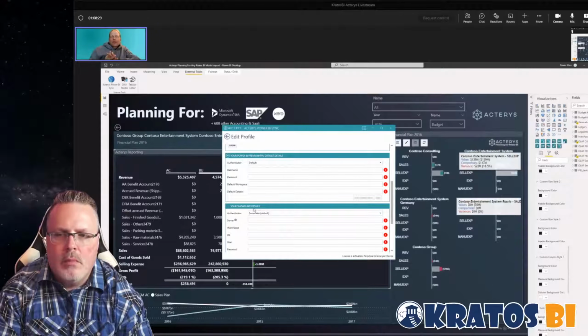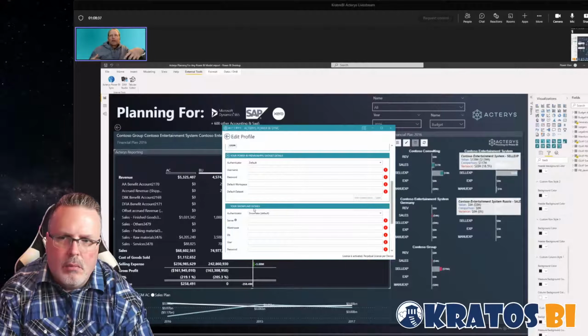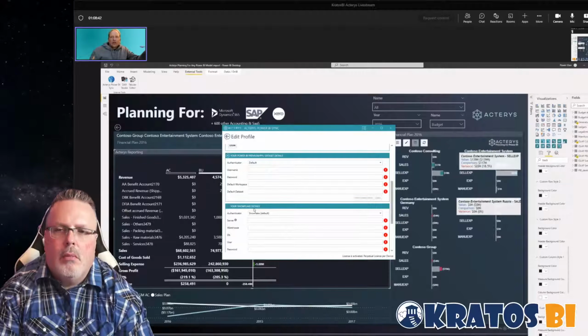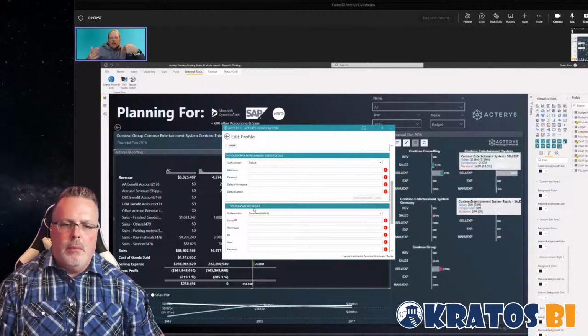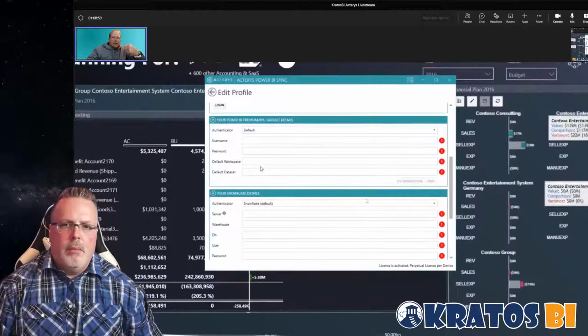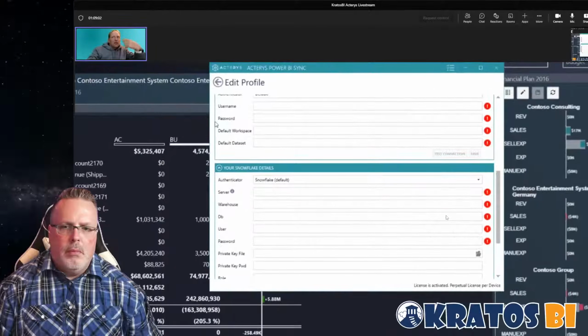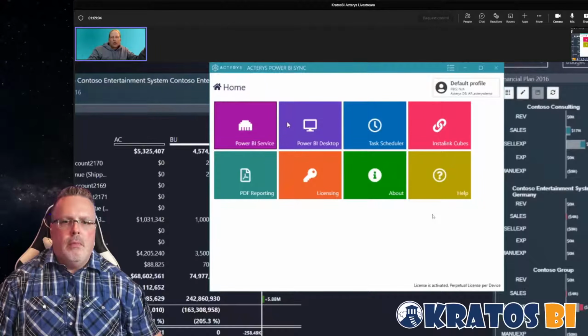It will be similar to Synapse. From a write-back perspective, as we are doing concurrent write-back, Synapse is not built for that. So you can't write back directly into Synapse because we have to deal with thousands of people writing back at the same time in real time. Synapse is not built for that and can't handle that. So we always use SQL Server, Azure SQL Server, or Microsoft SQL Server. But you already have options that SQL Server provides where you can synchronize with Synapse. So at the moment, even though we don't have it as a click-of-a-button authentication, and this will come for Synapse, equally for Dataverse,